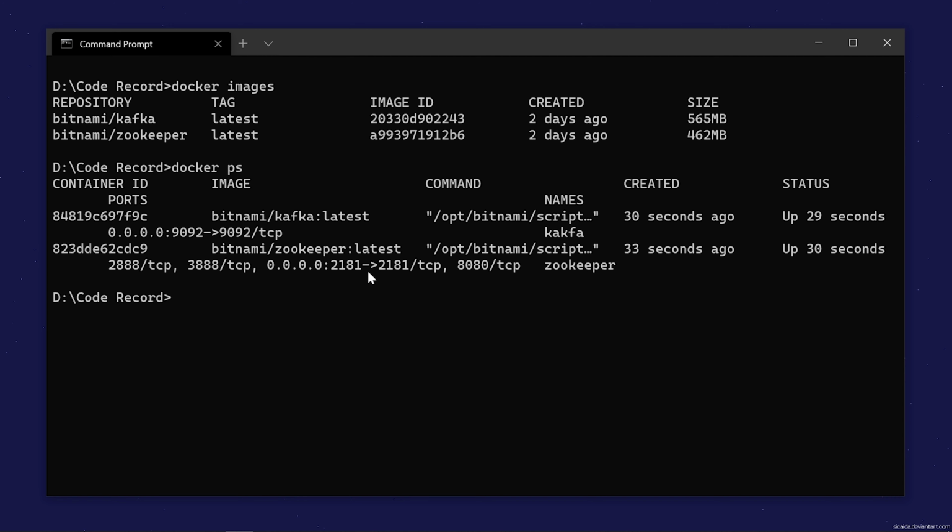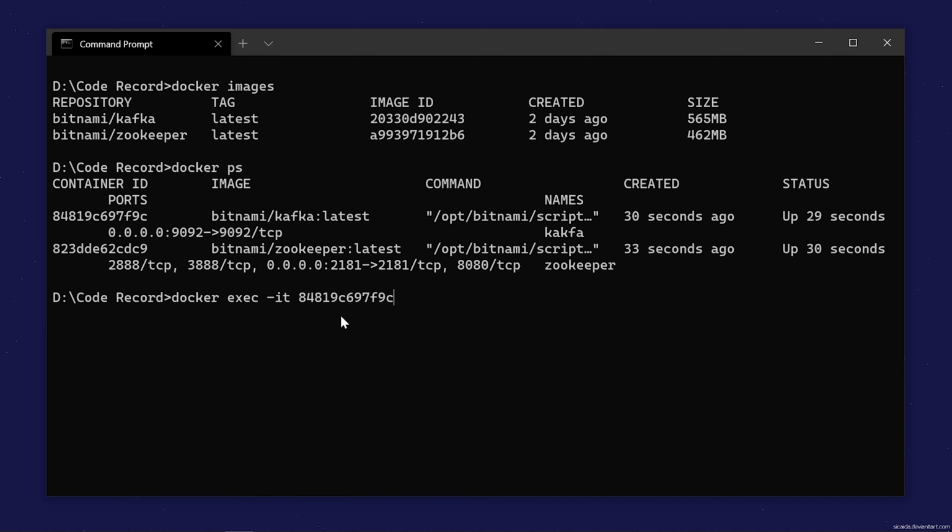Now we need to connect to this container, and after connecting to it we have to run our commands on Kafka. So let's see how we can do that. We will use the docker command to execute a command on a particular container. We will use the command docker exec, that is execute command, -it, which is interactive mode, and either we can give the name of the container or the container ID.